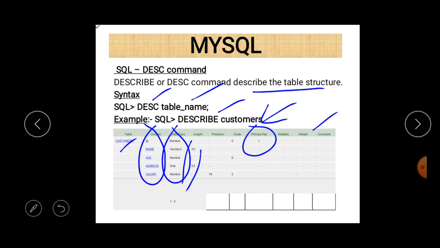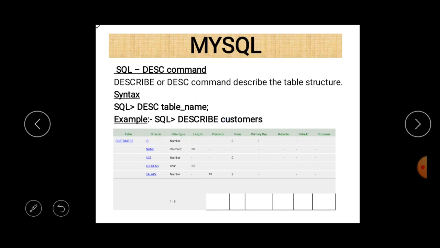It describes all things related to a particular table: the primary key, the different columns, the size and data type of each column. All these things can be described by the command describe.